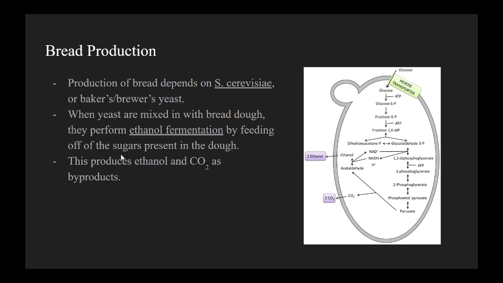So first, bread production depends on Saccharomyces cerevisiae, also known as baker's or brewer's yeast. I went over this in the fungi lecture, but here we're discussing how these yeast can perform ethanol fermentation. When they're deprived of oxygen, they'll resort to fermentation and, remember, stick the electrons back onto the pyruvate and generate ethanol as well as carbon dioxide as a byproduct of their metabolism. So those are the things that'll come out of the yeast when they're mixed in with the bread